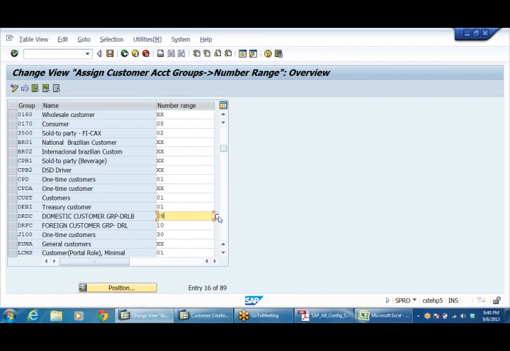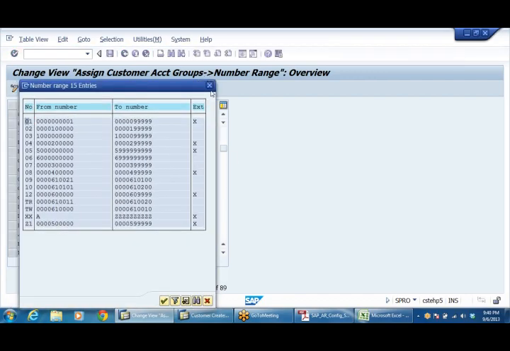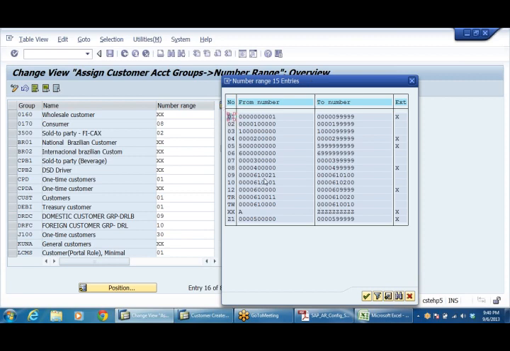So what is 09? See, 09 is from here to here, and I did not check the box here. If you check the box, that will be an external number range, that is, manually I have to give the external number. Some companies follow external number range, some companies may ask us to give internal number range.